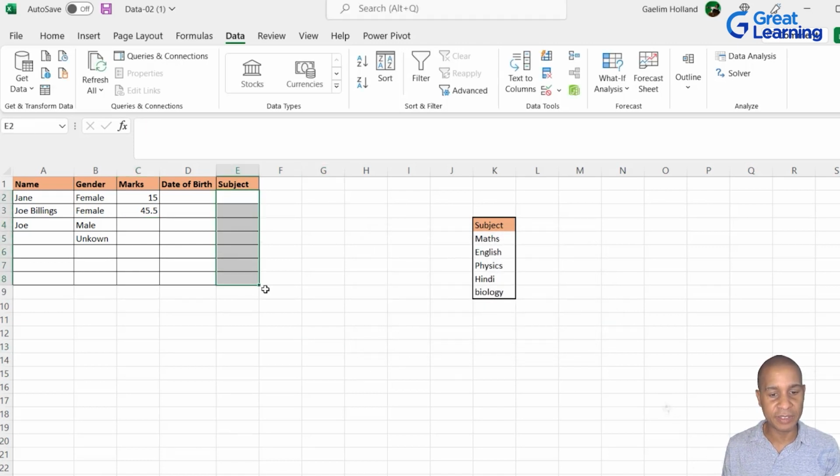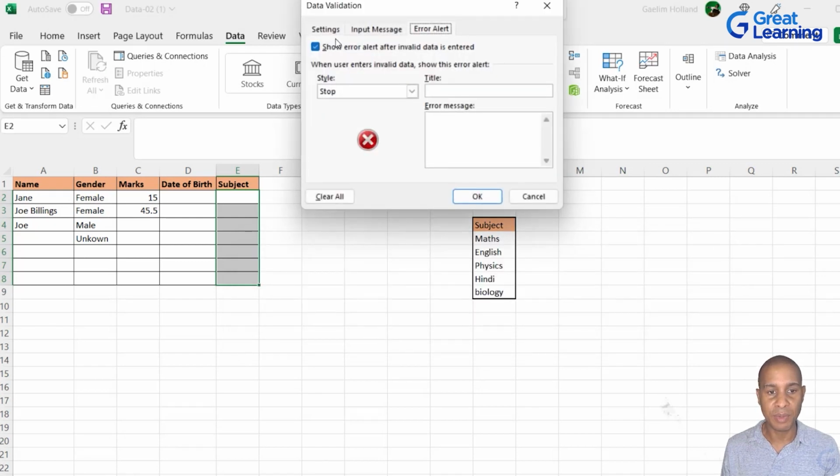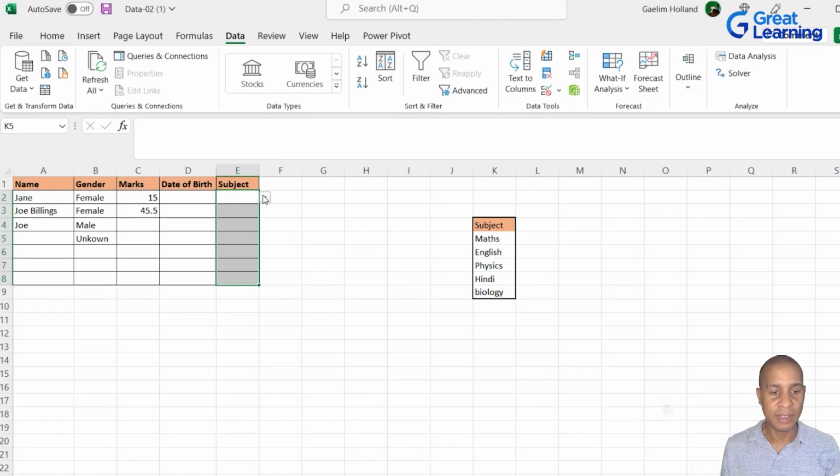For subject, we have values that are here. So now we know we can add a list. So we use data validation here. So we click data validation. We only want to use these cells. We're going to go back over to settings. And then we're going to use a list and as our source, and our source is going to be here. So we only want these, and it usually will choose these automatically if they're sitting outside. So I click that. And then I can only use math, English,